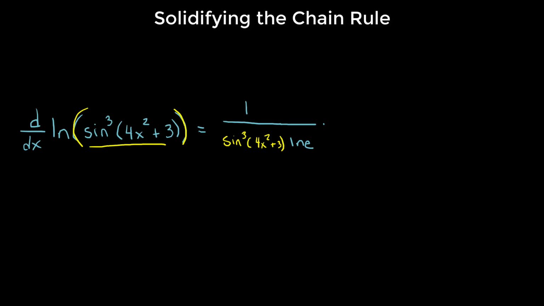Next, we're going to multiply by the derivative of the inside, or the derivative of the argument. So what's the argument? Let's identify it. It is sine cubed of 4x squared plus 3. How do we identify the level here? Remember, we're taking the sine of this, and then we're taking the cube of it. So the way we can rewrite this would be the sine, and let's use red, the sine of 4x squared plus 3,